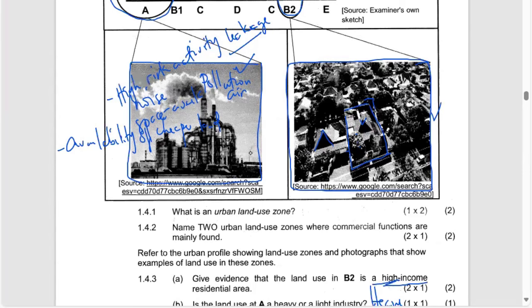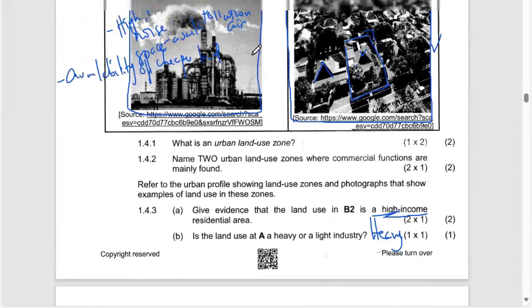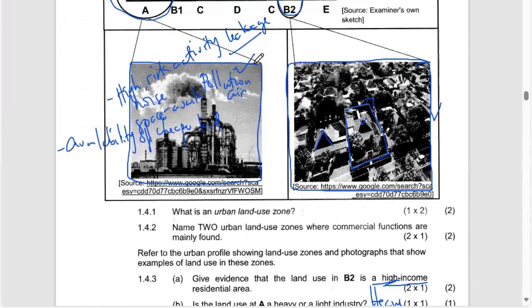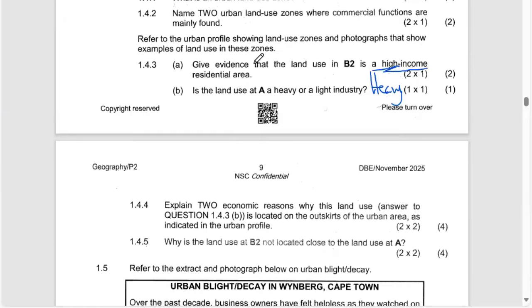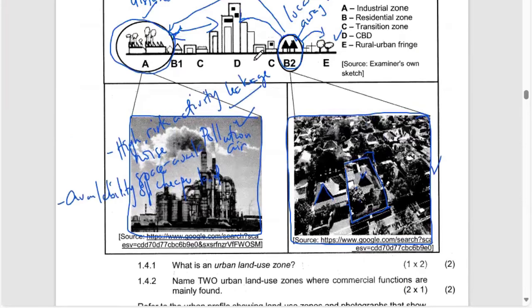We can safely say, for economic reasons, why do we have those activities happening away from the CBD? They need large pieces of land, which is not available close to the central business district of the town. So for that reason, they have to locate away so that they can access cheap available land